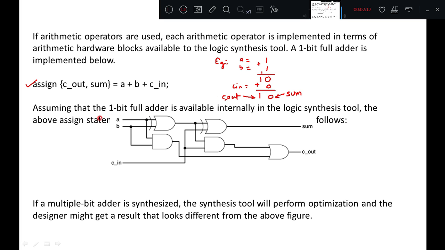cout as 1. Assuming a 1-bit adder, here we are discussing what hardware is generated for this A plus B plus Cin. You can assume your logic synthesis tool may generate this particular hardware, where sum is A XOR B XOR Cin. So when A is 1, B is 1, Cin is 0, you will get the sum as 0. Then here you will get AB, then A XOR B ANDed with Cin,